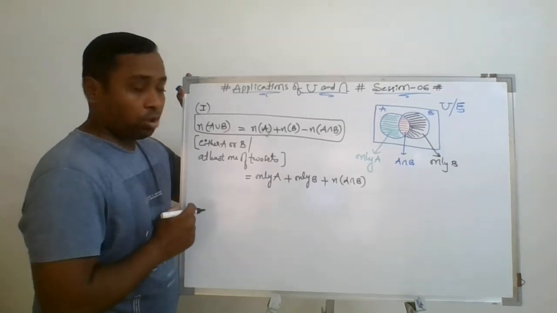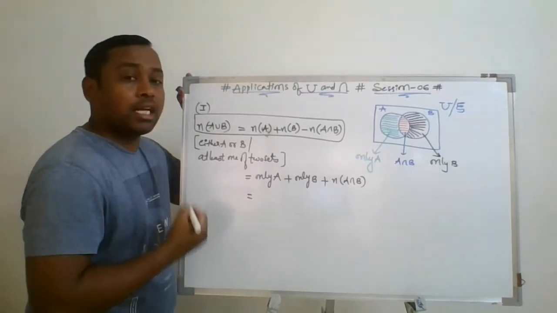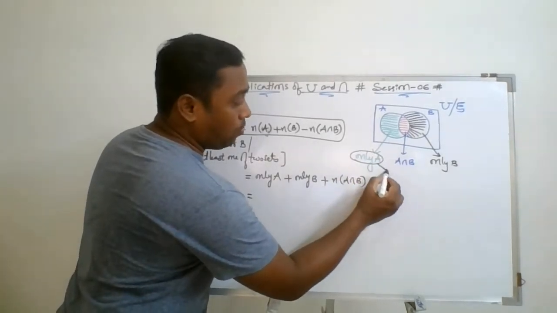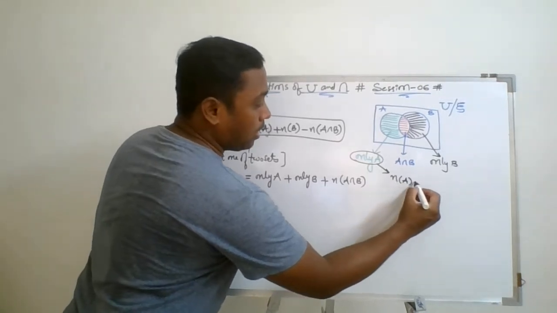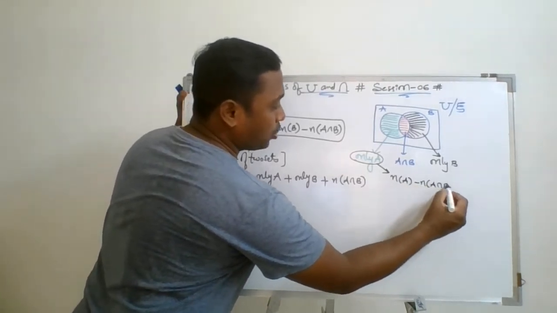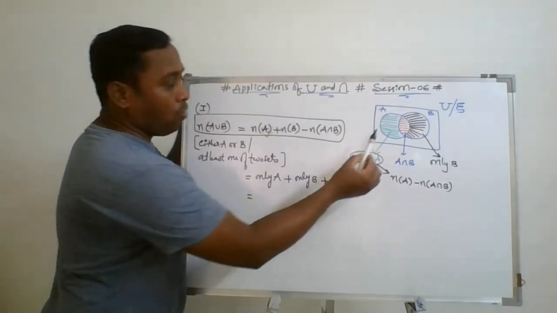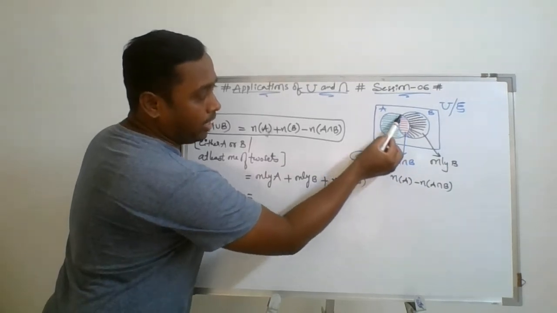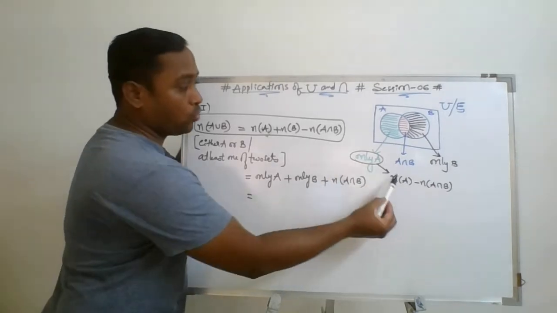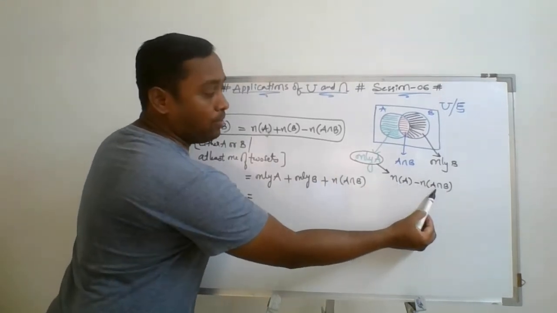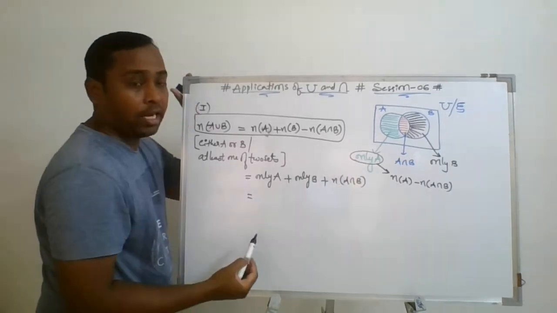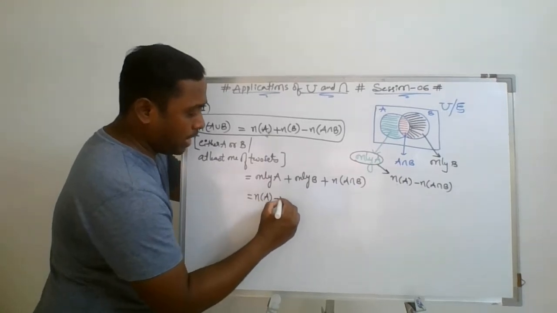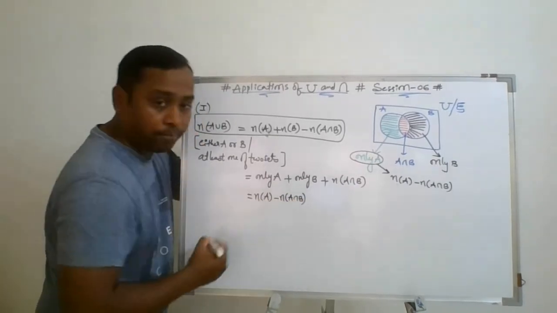Now the question again. This can also be written as only A. Only A means number of A minus number of A intersection B. Am I right? How do we get only A, that is, only the green portion? From the total circle A, we have to remove the red portion. So total circle, meaning number of A, from it the red portion is removed, so we got only A. So this only A can be written as number of A minus number of A intersection B.